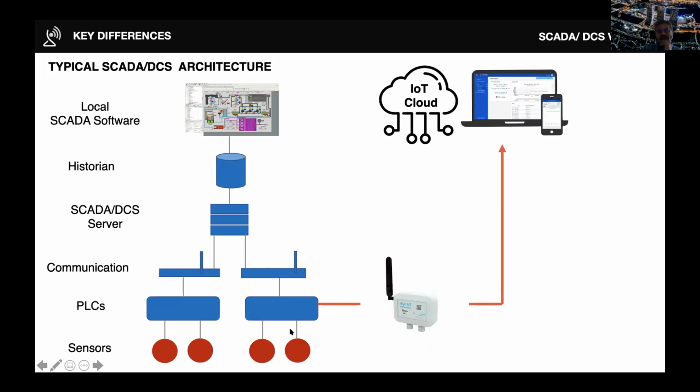The other possibility is if the PLCs are open and have standard protocols that we can use, we can read the data from there as well, right? So you already invested in sensors, you have invested in PLCs, then you don't need to reinvent the wheel. You just connect the PLC directly to our device and read it and send. So this is a quick way of deploying IoT solutions in existing systems and retrofitting the solutions.